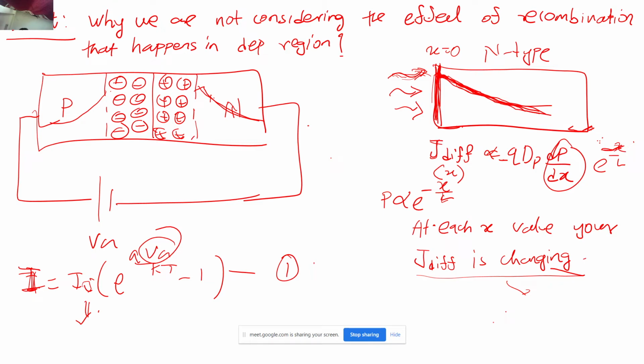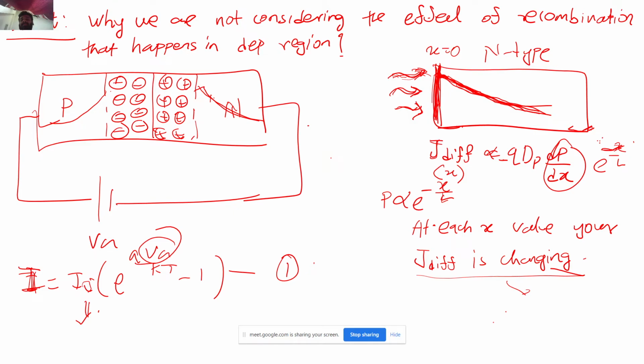Can it be because of transient? Yes, they are getting annihilated with respect to time. Exactly. But I want to tell the first person that the transient will occur only if I stop this source. The reason I have the excess carriers at x equal to 0 is the photo generation process; only if I stop it will the transient come into the picture, right?